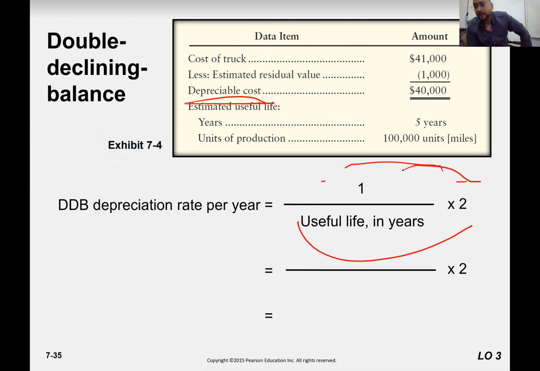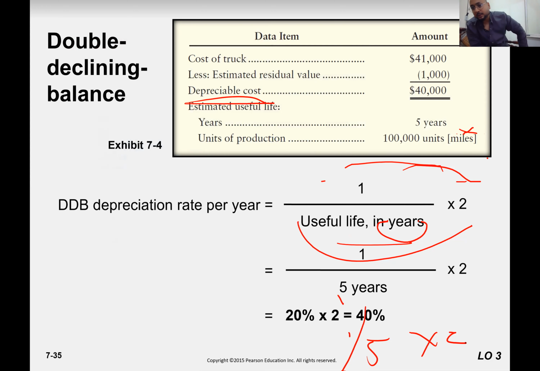How did we calculate the rate? It is twice the rate of the straight line method. So 1 by n multiplied by 2. Remember which n? The life should be in years, not in terms of units. So we will not take units into account. So this is 1 by 5 multiplied by 2. Answer would be 0.4